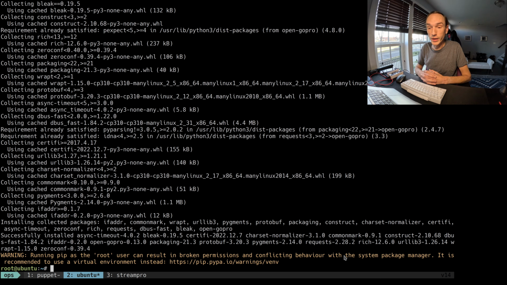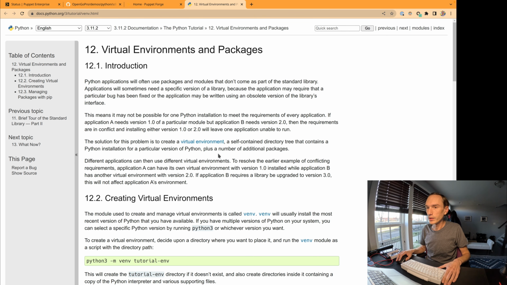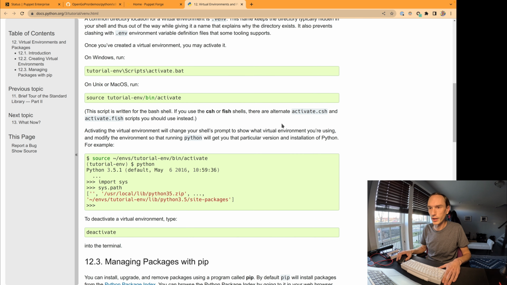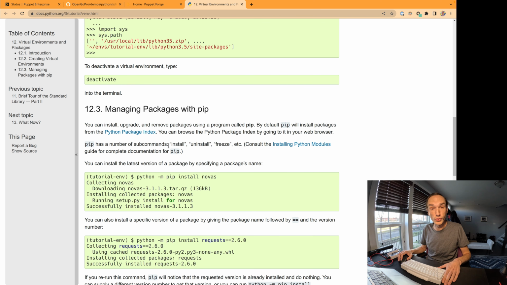We are recommended to use a virtual environment instead. So let's look at this link and see what it would take to deploy this software to a virtual environment. Okay, well, so there's some good documentation here for sure. And it looks like we can install packages into our virtual environment using pip.